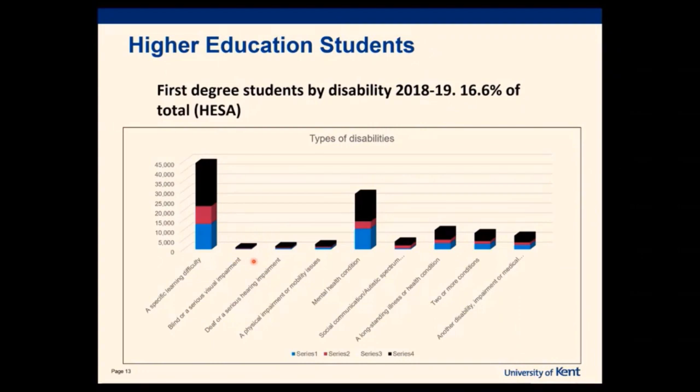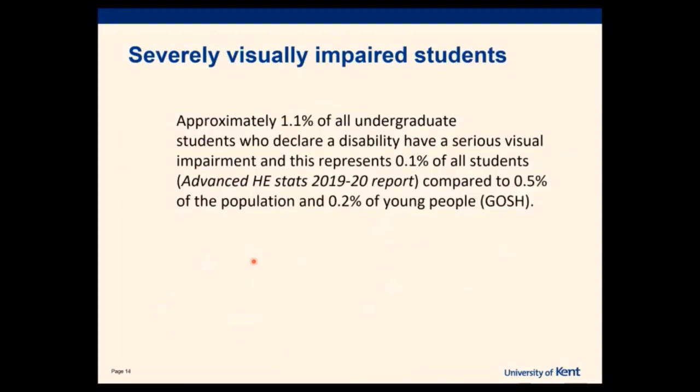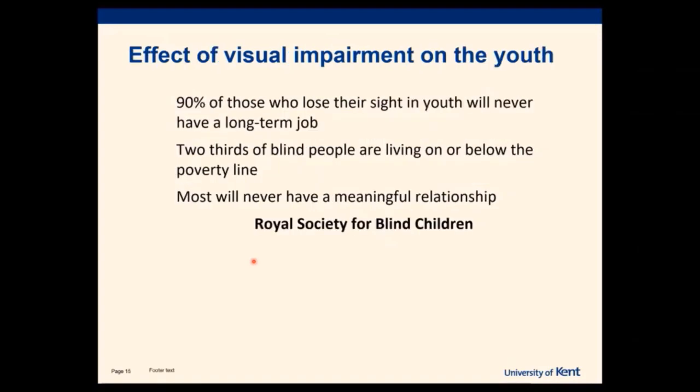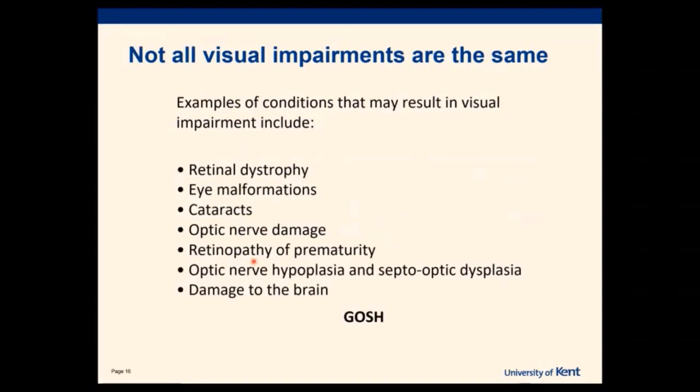So we looked at employment rates for disabled people on the whole. If we look at the engagement of visually impaired students in higher education, it would seem that at the very least their rates are 50% lower than non-disabled people. And if you're seriously visually impaired, you're 90% likely to be unemployed, to be not economically viable, and not to hold down meaningful relationships. And that is not an inclusive society by any stretch of the imagination, and not something I think most of us want to live in. So we want to be part of the solution.